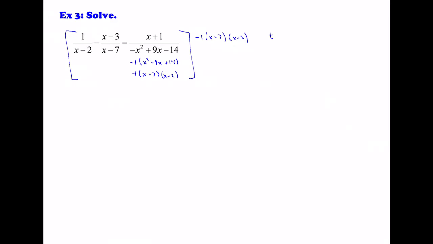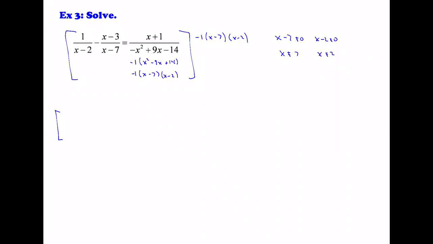Alright, once again, restrictions. I'll do it this way, x minus 7 cannot equal 0, so x cannot equal 7, and x minus 2 cannot equal 0, so x cannot equal 2. So those are our two restrictions on this one, and once again we'll make sure we look at that at the end. So if we multiply,